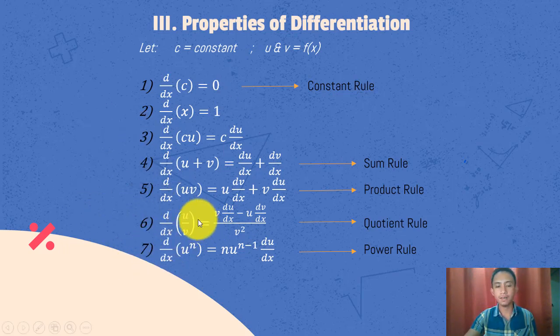familiar phrase for this. You can call u as your high and the v there as your low. So low the high minus high the low over low squared, or low the high minus high the low over low, since this is 2 v's. It's up to you how you will memorize. Again, let's say u is my high and v is my low, means high part, low part. So low the high minus high the low over low. Okay, so it's up to you. That is quotient rule. Okay, then lastly,